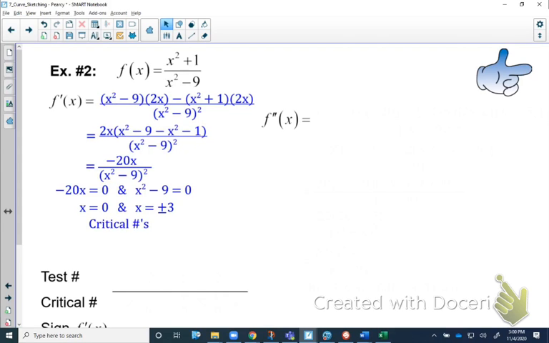And in this case, I'm going to have critical numbers at 0 and positive and negative 3. Now, the positive and negative 3, those are very much going to correspond to where we suspect the vertical asymptotes are going to be. So here, when I again take the numbers that are to the left of the -3, to the left and right of 0, and to the right of the +3, when I plug them back into my first derivative, remember, the first derivative test to see where it's increasing, decreasing, we're looking at the expression that we have for our first derivative,